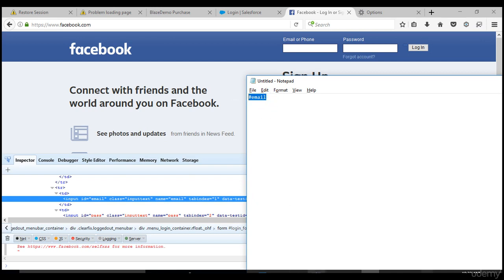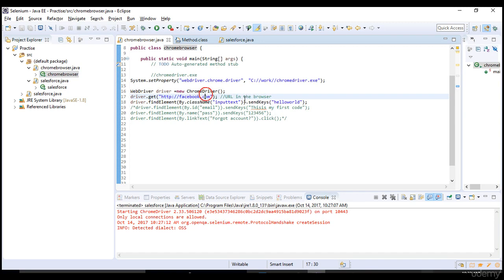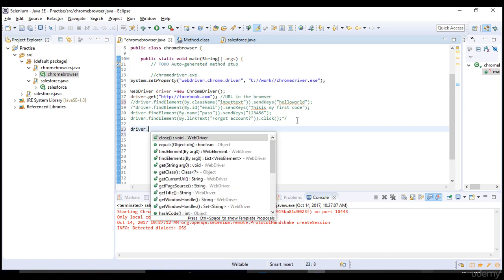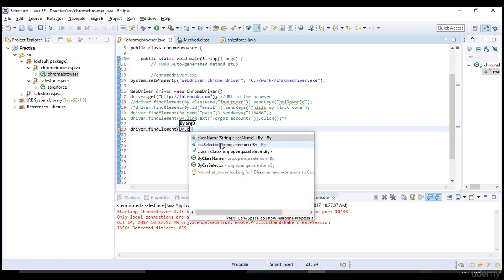Now go back to your browser, where we are doing Firefox here, right? You are actually sending the username like this. So now instead of using this, let's use driver dot find element by dot CSS selector.